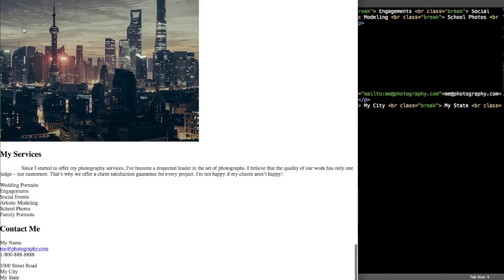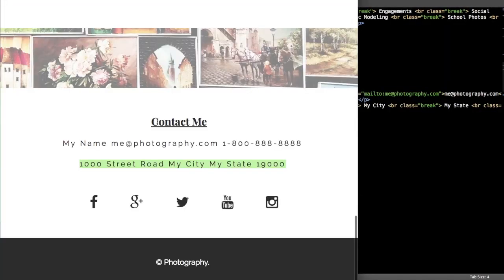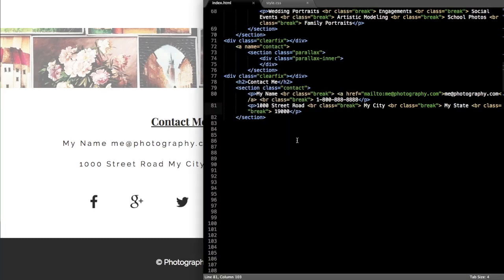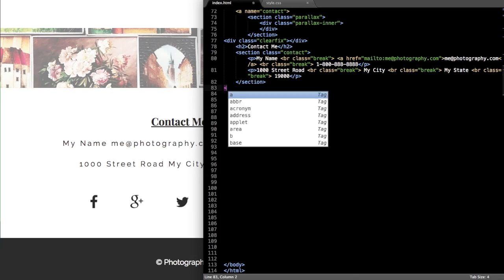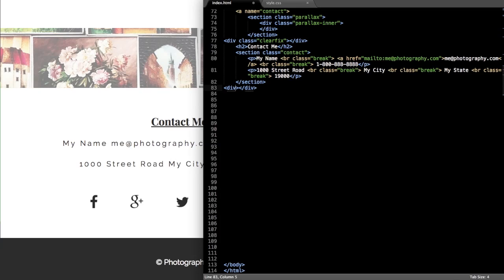So we've done pretty much every section except for the social media links and then the footer at the bottom with the copyright symbol and the photography text. So let's create another clearfix class, and then we'll do the social media links. Alright, so just write div class clearfix,